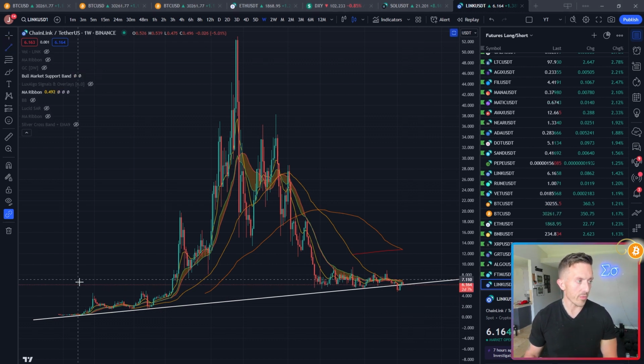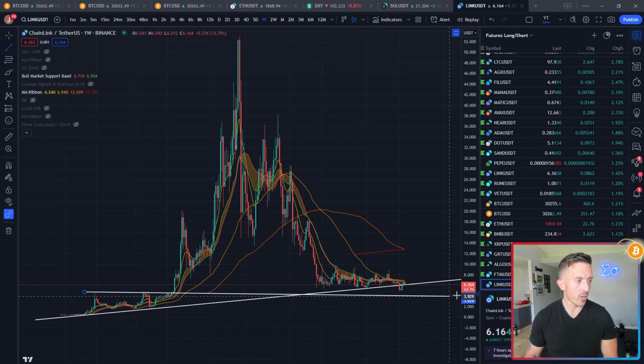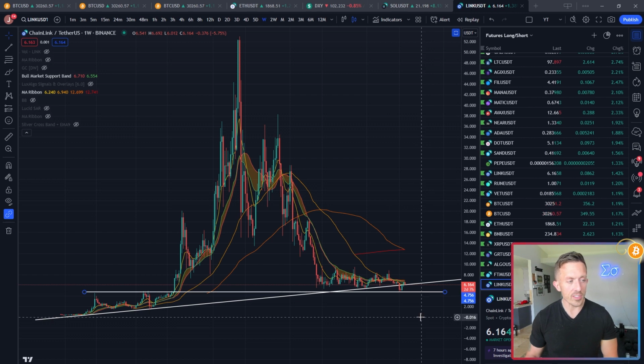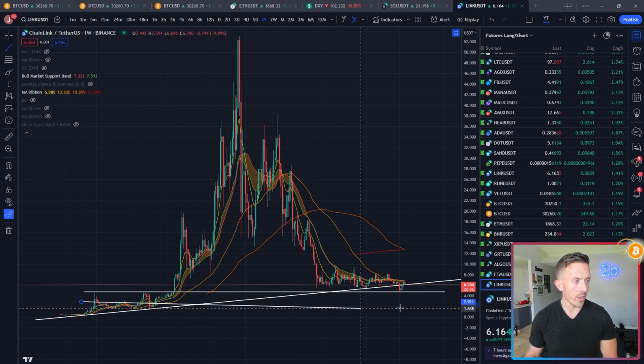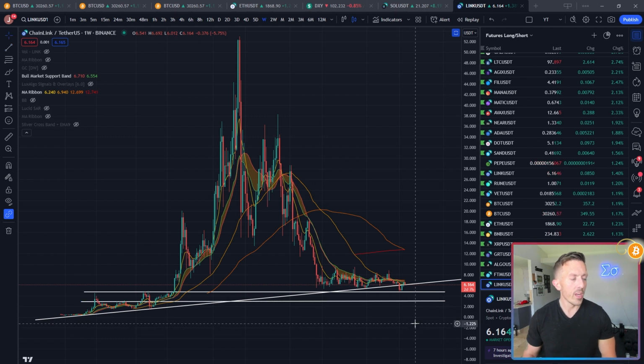But here's what we also have. There is a very clear line right here at $4.75, and you can see that is where Chainlink came down on the last move down, and it held that as support. So we have that at $4.75. In addition to that, we also have this level here at right around $3. If Chainlink ever gets below $3, that's the point where I will be okay. I don't really know about this. This is not looking good whatsoever, but it also could be a huge opportunity, right?